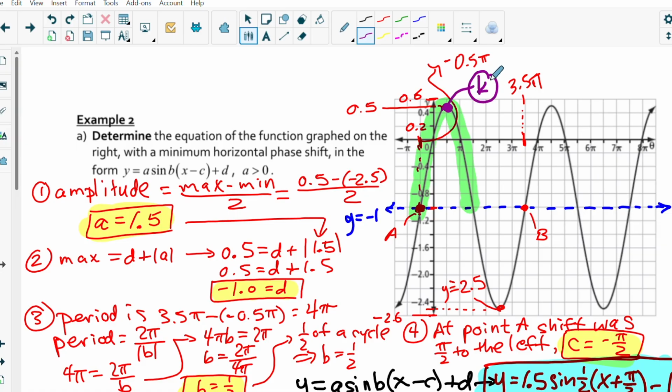Let's call this point K. If I look at point K, let me clean this up a little bit, folks. Okay, if I label point K there, folks,